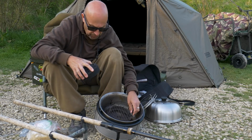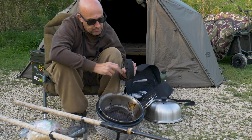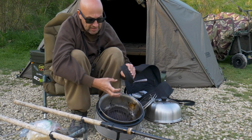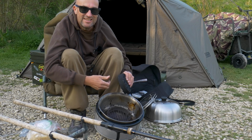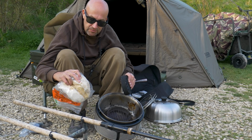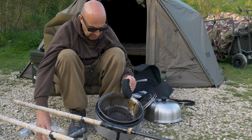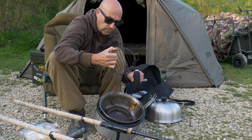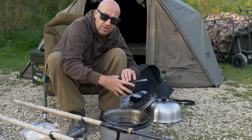So to use it, because these are meant to be self-lighting, and there's a centre bit there, if you've got a lighter or match, I tend to hold the flame under that centre bit, and hope it starts to fizz and go. Can be hit and miss, so what I tend to do is use these eco-friendly straw firelighters. Put one of those under the wire rack, light it, put the stone on the top,